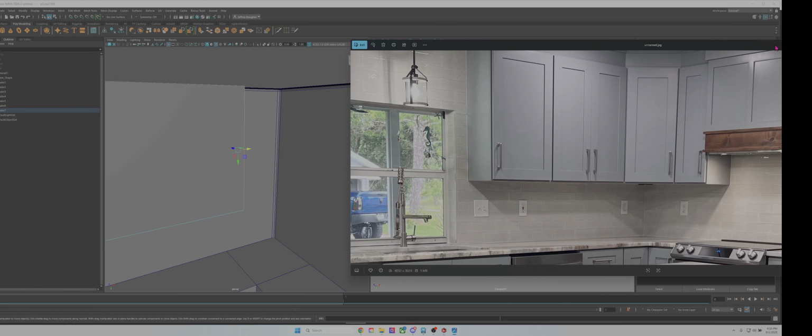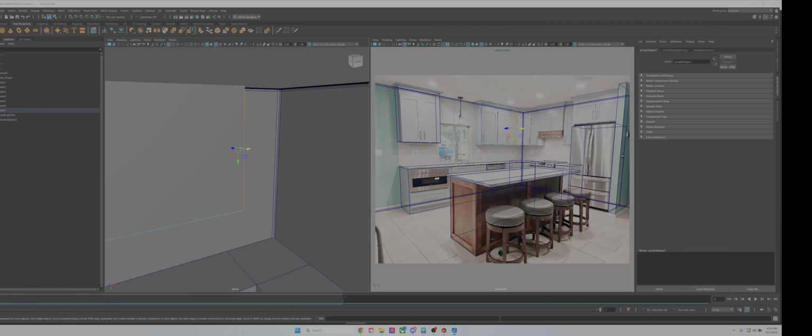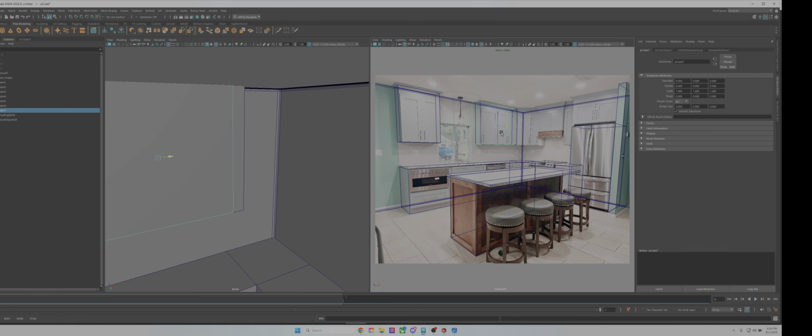That works. So I'm going to take out to there, and then we're going to leave this cabinet alone, and then we're going to take this, rotate this,